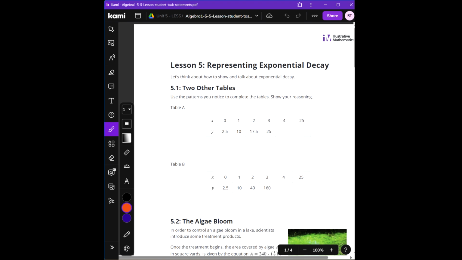All right, so now we're going to talk about exponential decay. So let's take a look at the patterns that we see in these two tables. For the first one, the next number is going to be, well, it looks like we're going up, let's see, 7.5 here, 7.5 here, 7.5 here, so we're probably going to go up another 7.5. Okay, and then for this one,